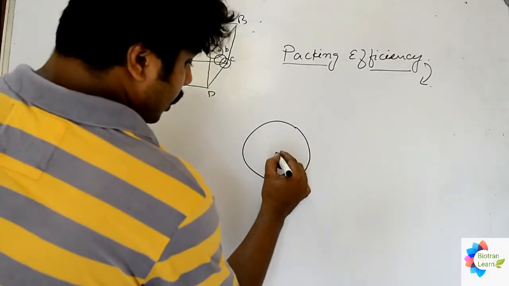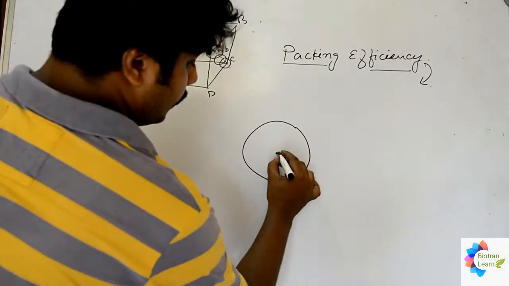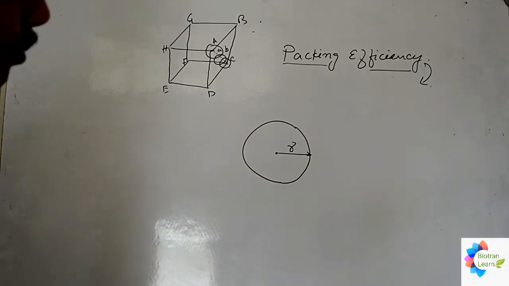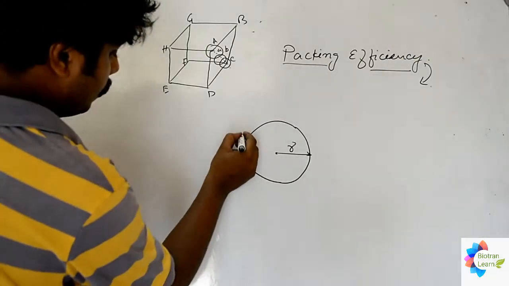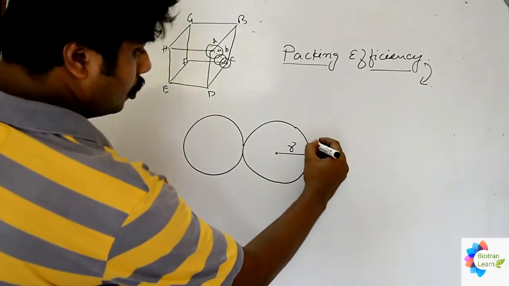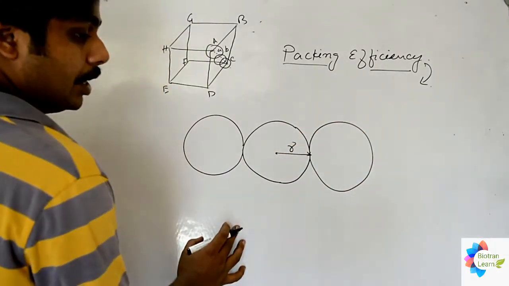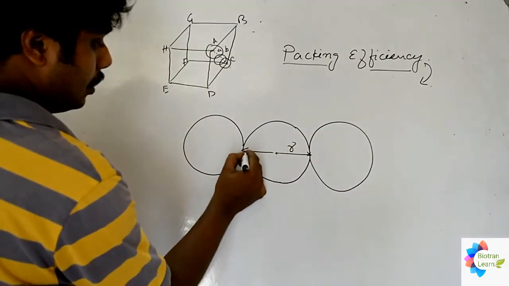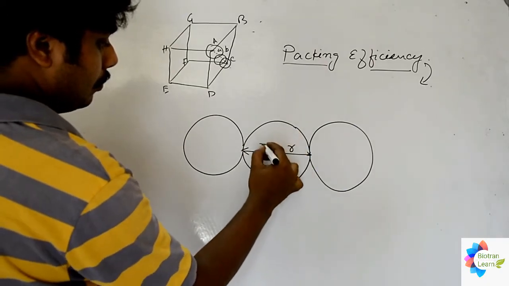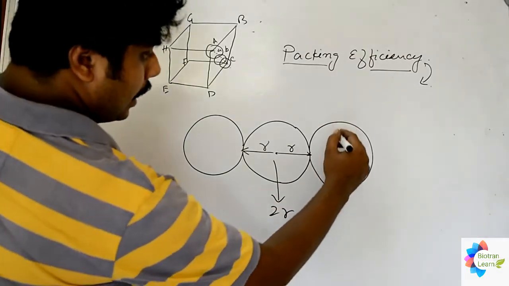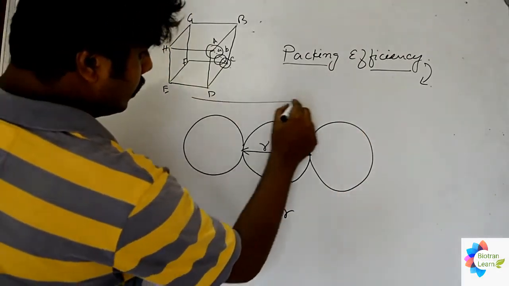In this particular case, if this is the center, then this will be its radius. Now what I am going to do, I am introducing 2 more circles in here. So what we get, R plus R, that is equal to 2R, and suppose this is the box,